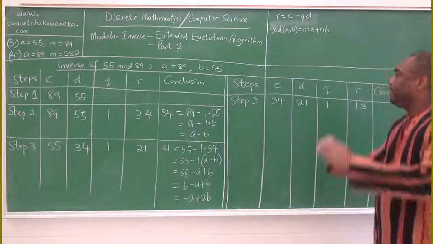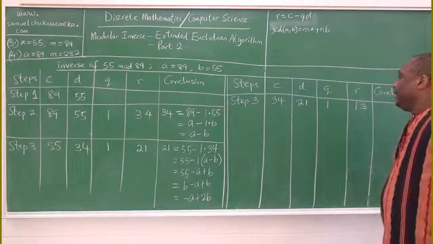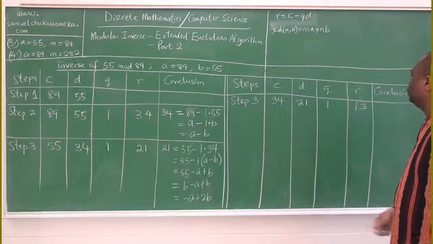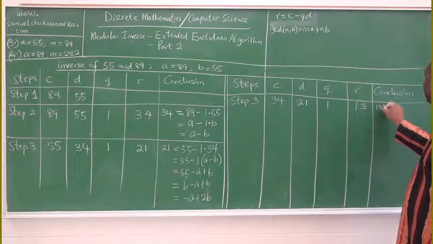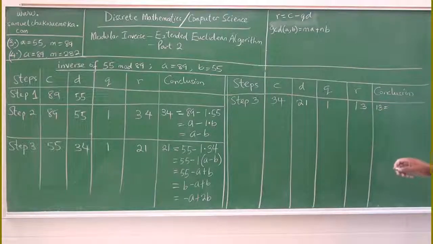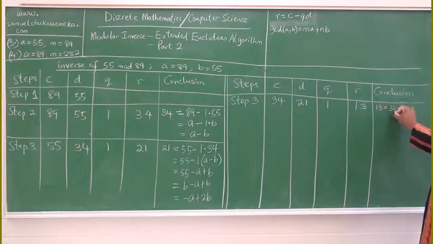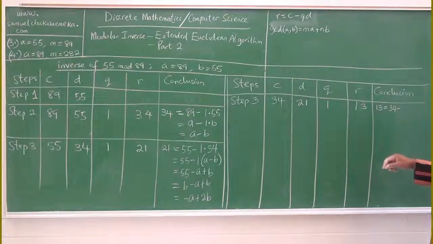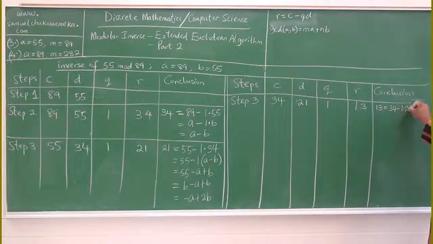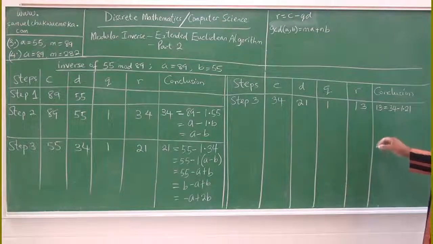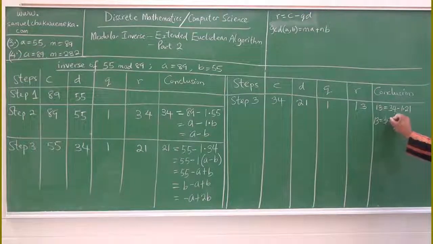Remainder 13. The conclusion is that 13 is equal to 34 minus 1 times 21. So 13 is equal to 34 minus 1